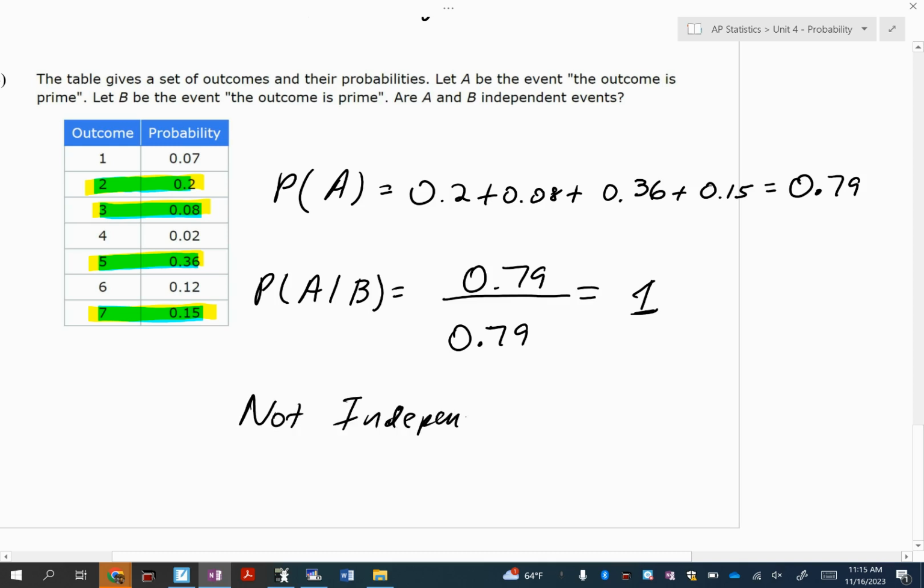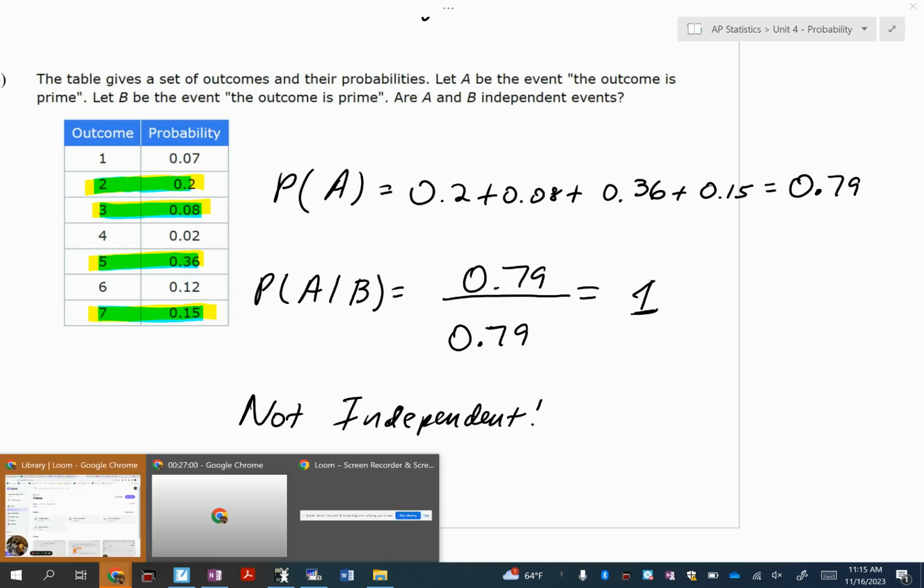And if I tell you that the outcome is prime, the likelihood that the outcome is also prime is 100%. That kind of makes sense. They're the same thing. All right. So that's what you should expect to see